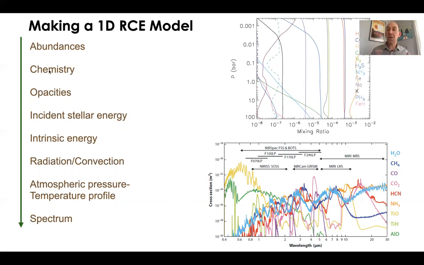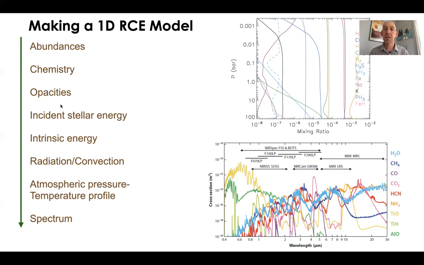You then might calculate the chemistry over that wide phase space. Based on those abundances, what's the chemistry expected to be, let's say from 1,000 degrees up to 3,000 degrees, and from a microbar down to a kilobar? What's our grid of chemistry space? For all of those different chemical abundances, you then need to know the opacities, the wavelength dependence, absorption, cross sections